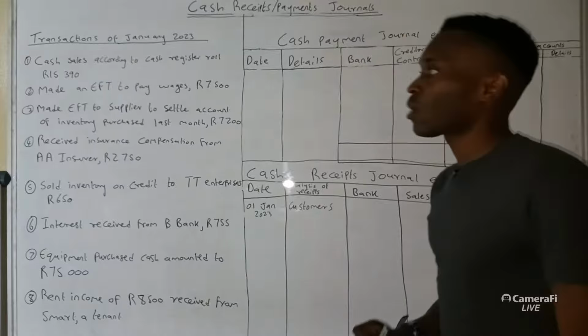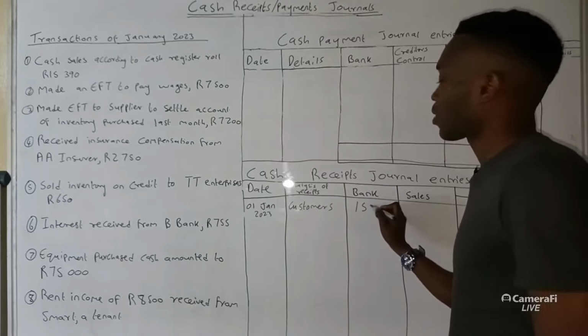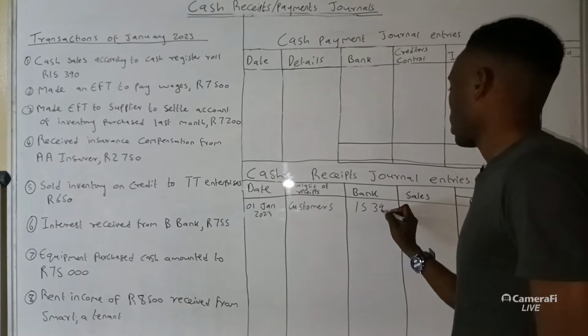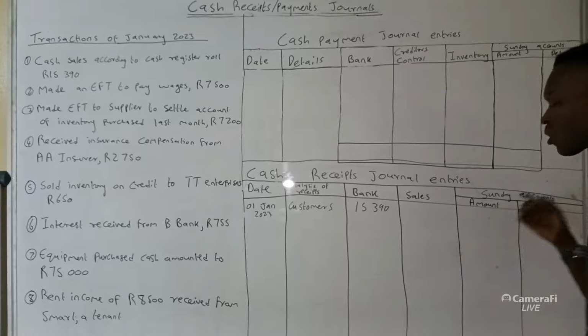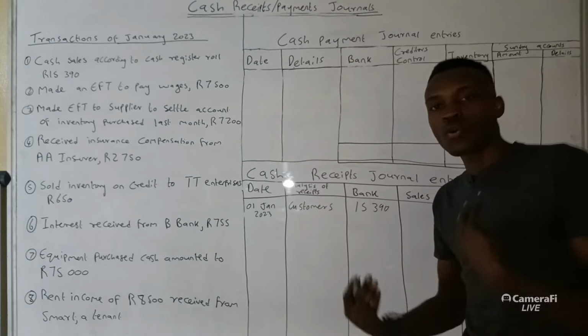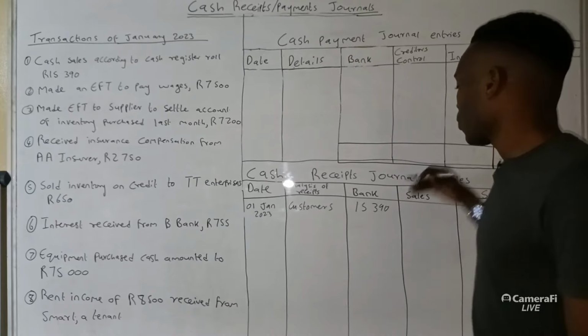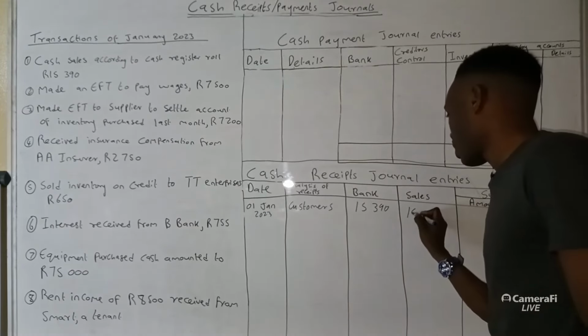Okay, then the bank. The amount that we received in our bank is 15,390. So this amount we received from sales, which means that we are not going to go to a sundry account. We only go to the sundry account if we don't have a column for that transaction. Okay, it's going to be